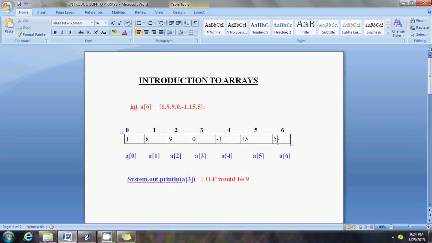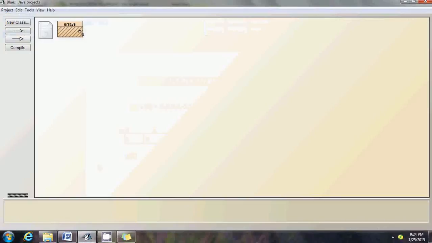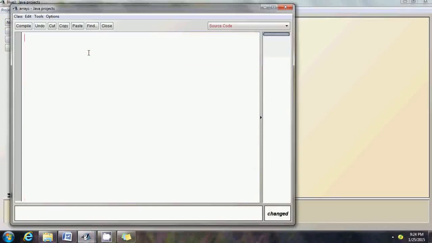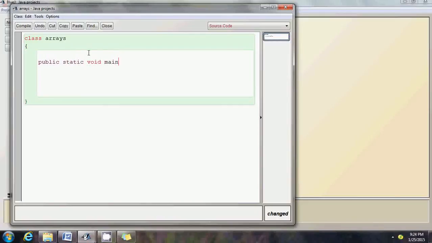Now let's actually write a small program to see how to work with arrays. Let's get started. So I'm creating a class by the name arrays. So class arrays. And I'm going to create a main function. Public static void main,